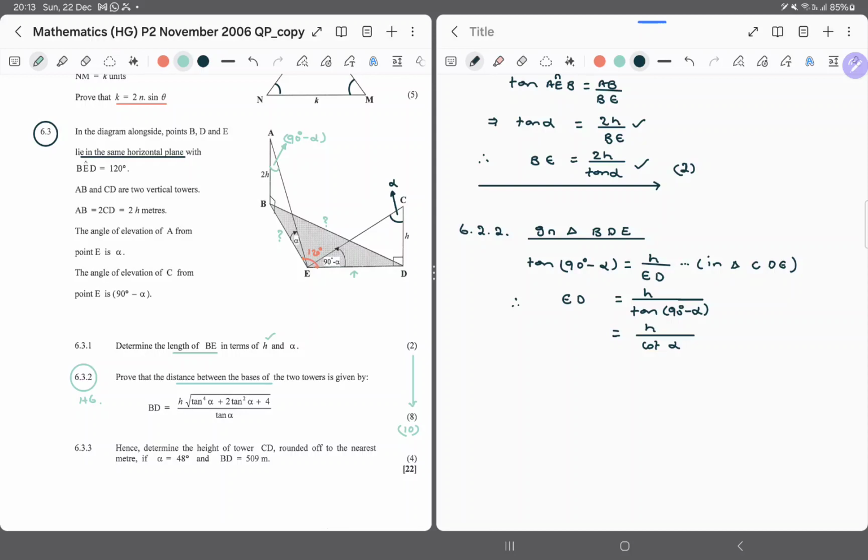Now we needed ED in this triangle. So now what are we going to say? We can start performing the gymnastics. Then we know we need the cosine rule because we've got the side, we have an included angle. We want the opposite side. So cosine rule works in there. So then we know that BD squared is going to be equal to BE squared plus ED squared minus 2 times BE times ED